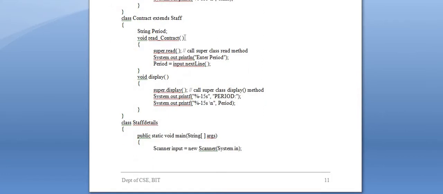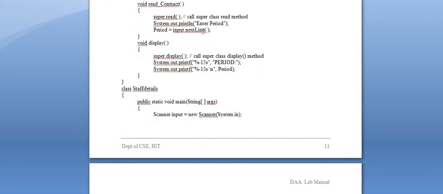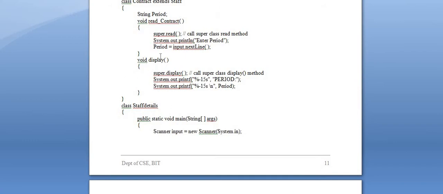That is void read contract, the method I am using for the contract employee. Then super dot read is going to call the super class read method. Next System.out.println asks to enter the period, because they have only one attribute for the contract, that is the period. I take the input from the keyboard with input dot next line, same as string.